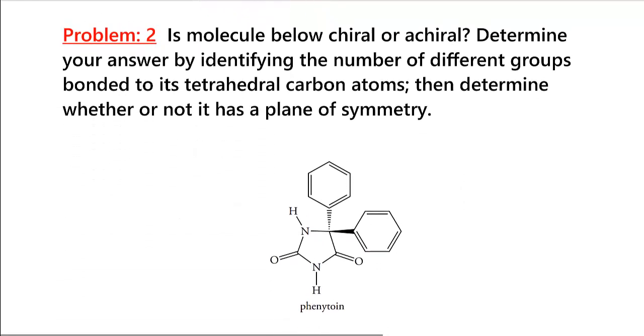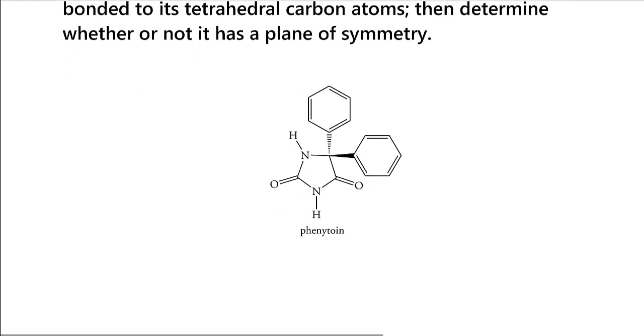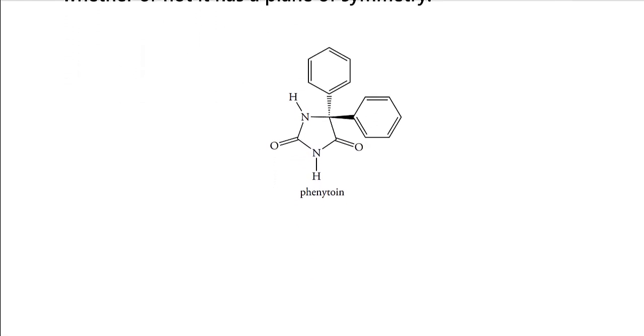Now let us consider this molecule. So we have to find whether this molecule is chiral or not. Now once again, as I said earlier, for any carbon that is inside this benzene ring, I don't have to look because they do not have 4 groups. Similarly, in this case, this carbon does not have 4 groups. Nitrogen does not have 4 groups attached. They have only 3 groups attached, 1, 2, 3. So there is no point of looking. In this case, this carbon, we don't have to look because it does not have 4 groups. Only one carbon is left, that is this carbon, that I have to consider.